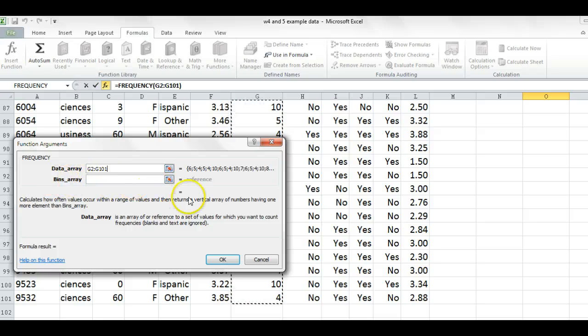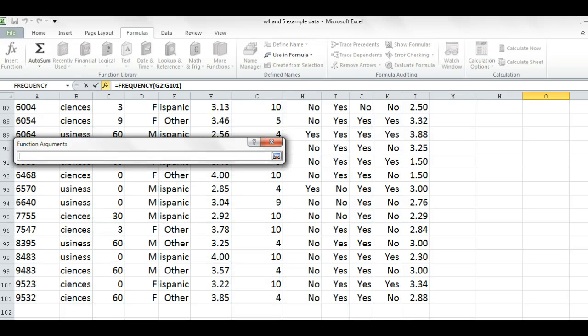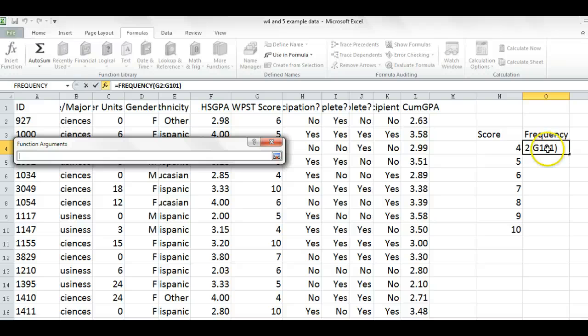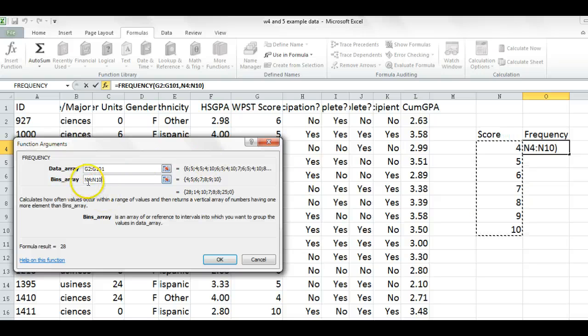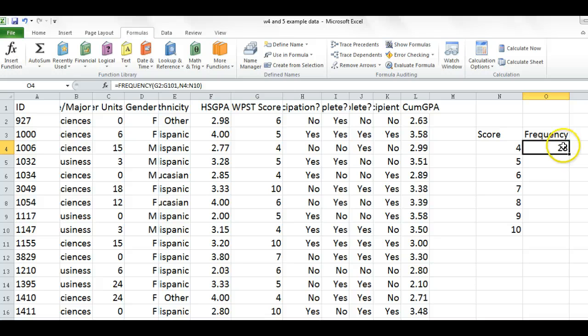Then for bins array, I'm going to click that little button on the right again. And this time I'm going to scroll back up to the top of my spreadsheet over to where I typed in the scores 4 through 10. And I'm just going to select all of those, let go, hit enter, and it put in the range of N4 colon N10. And that's all I need to do, so I'm going to click OK. So the function is entered, and it shows me that 4 people had a score of 28. I would also like the scores to be applied to the other values here, so what I'm going